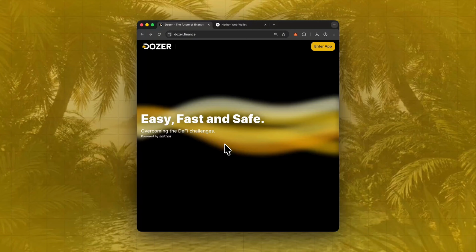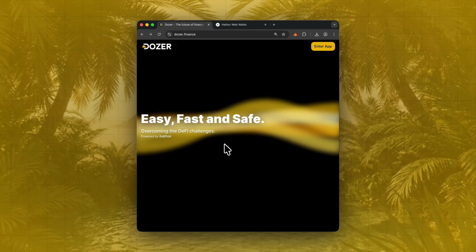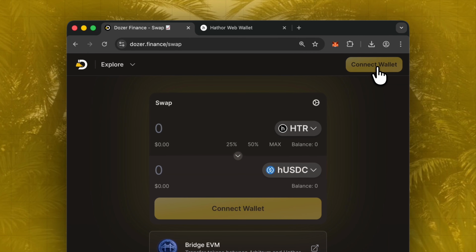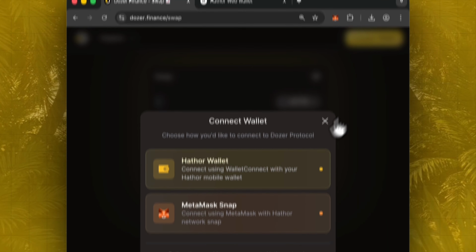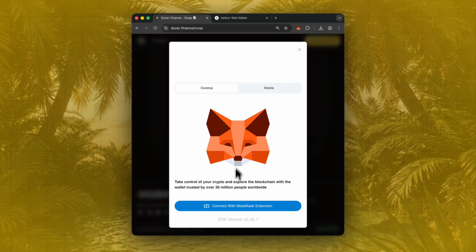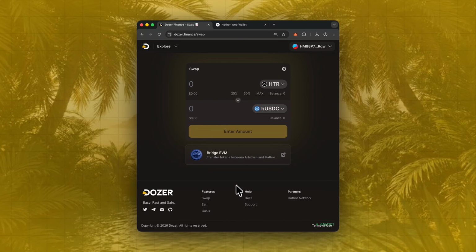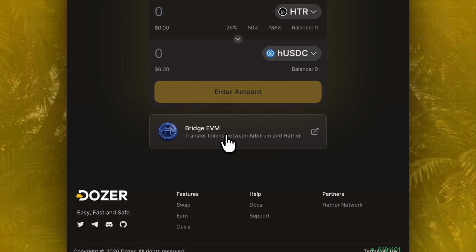Let's get stuck in. So simply we just go to the Dozer Finance homepage and we enter the app, and we are prompted, we're going to connect to MetaMask this time. That's where the USDC is. I'm just going to head over to the bridge here, click through,